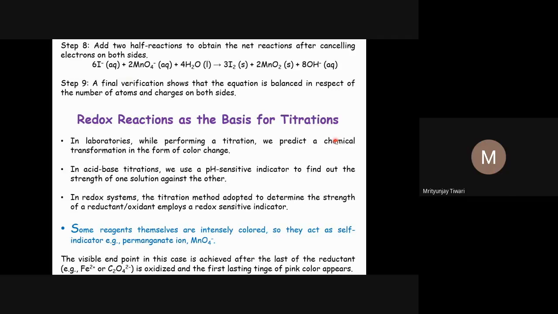So why do we need to do titration? One thing is, when you do certain chemical transformations, this set of reactants or reagents reacts to form this product. So how will you understand whether this reaction has happened or not? One way is to characterize the product, because you cannot see the number of molecules that are formed and the structure of molecules that were there in the reactant.